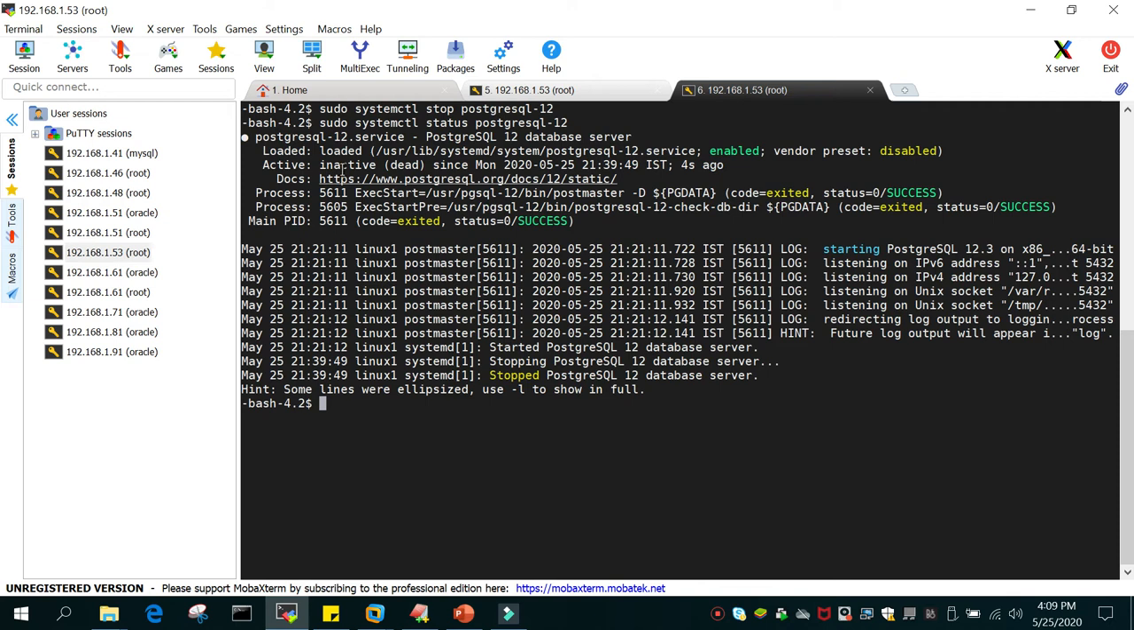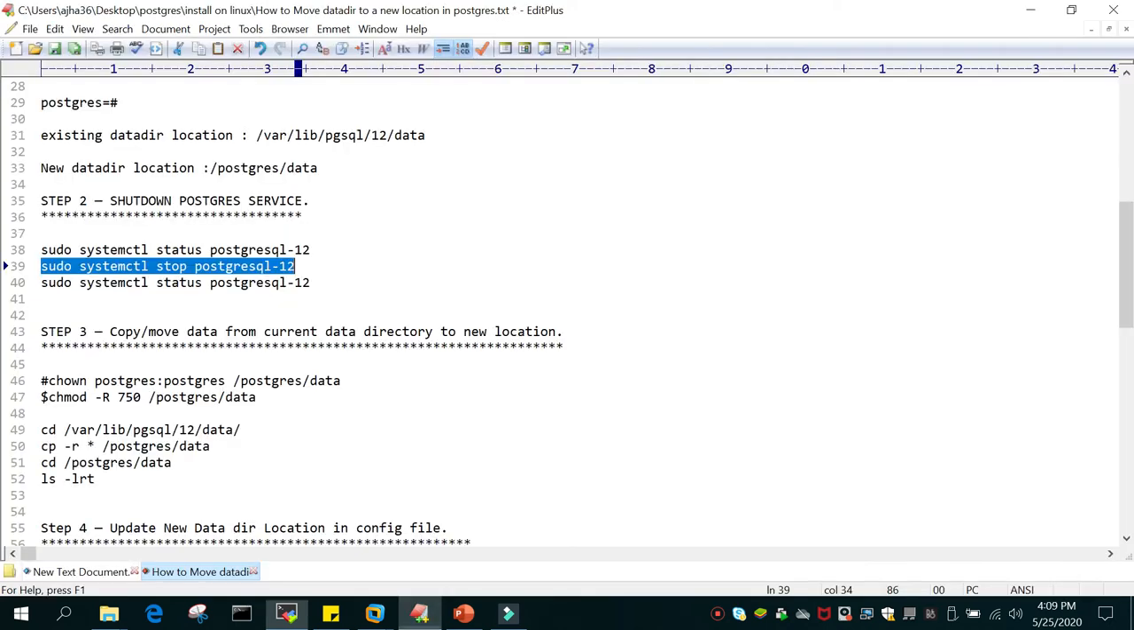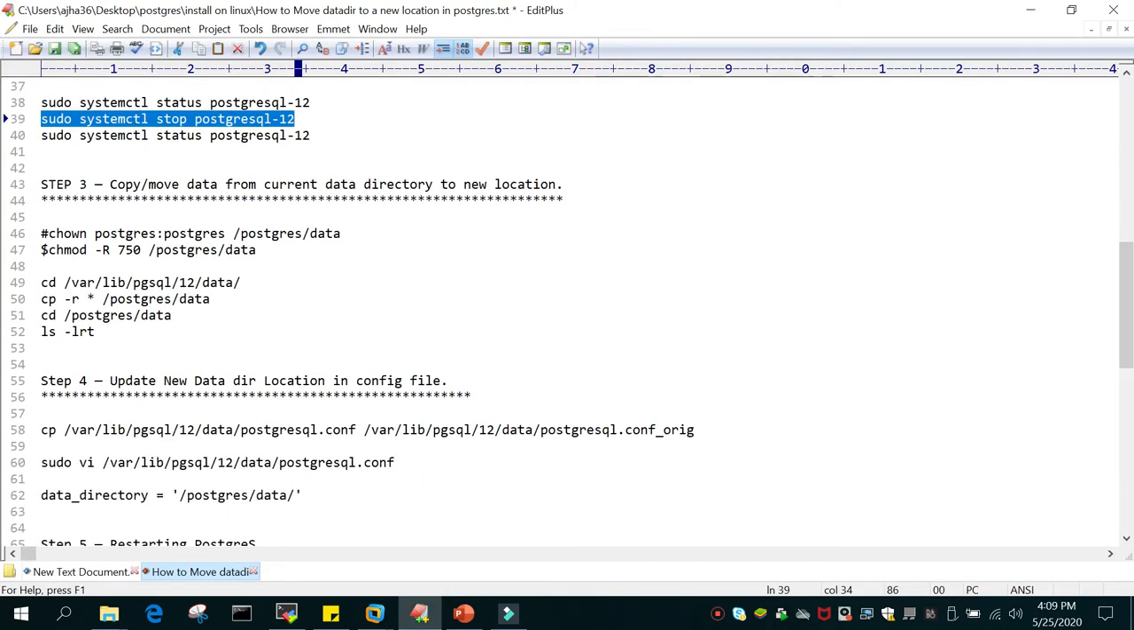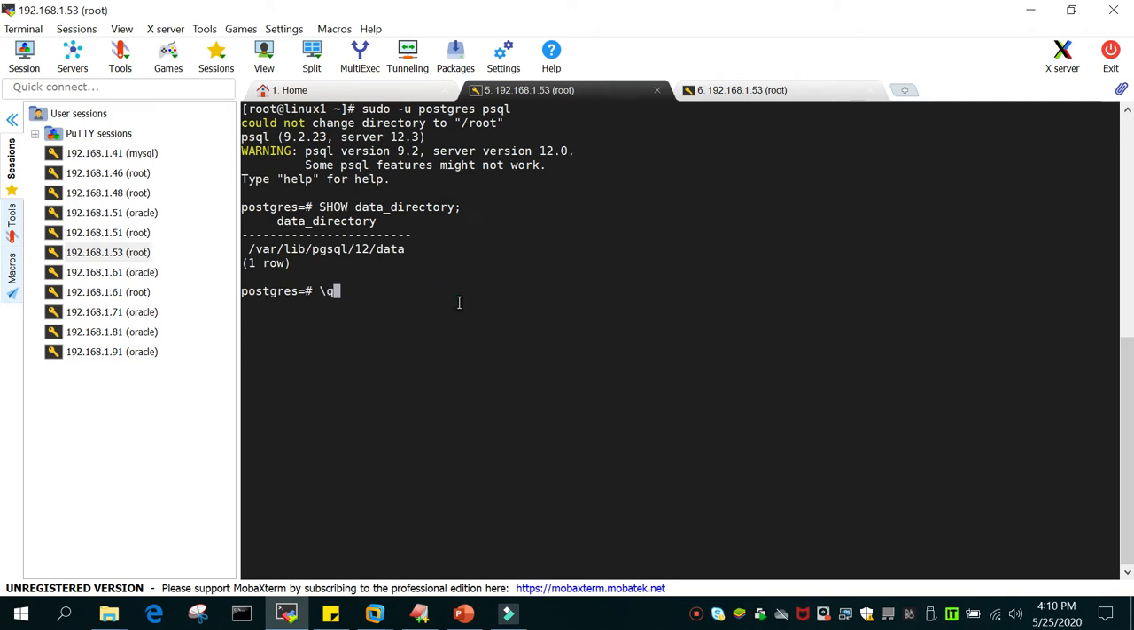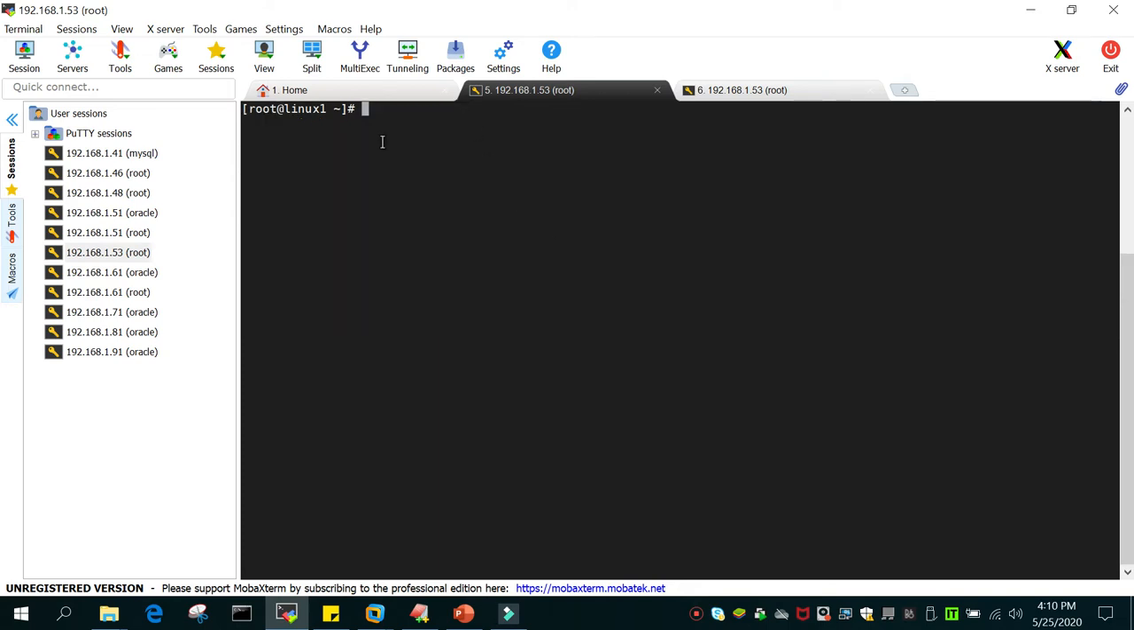The status is inactive. It has been shut down. In the third step, we will give the ownership on the new file system. So let me quit out of this, and I'm logged in as root. So these should be done in advance. What I'm going to do is change the ownership of postgres/data to postgres:postgres,